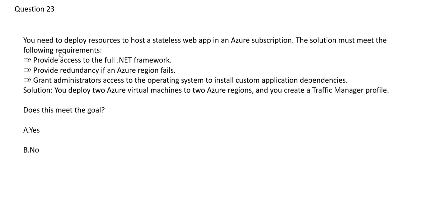You need to deploy resources to host a stateless web app. If you have seen my previous video, I have explained what a stateless web app is. So I'll repeat it. If you are accessing Amazon.com and you bought a pen and a book and it is in your cart and the system crashes, you as a customer would expect that your cart data should be as it is.